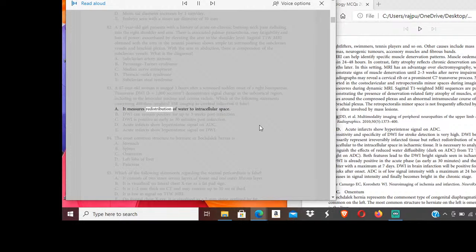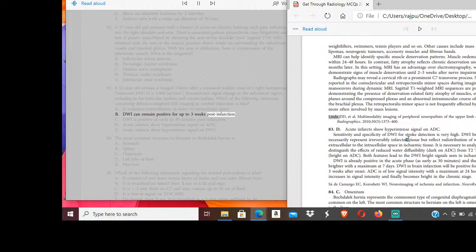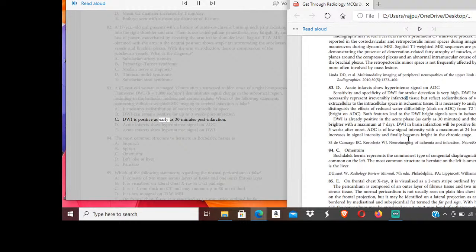A. It measures redistribution of water to intracellular space. B. DWI can remain positive for up to 3 weeks post-infarction. C. DWI is positive as early as 30 minutes post-infarction. D. Acute infarcts show hyperintense signal on ADC. E. Acute infarcts show hyperintense signal on DWI. 84. The most